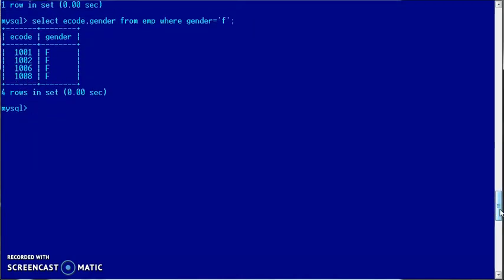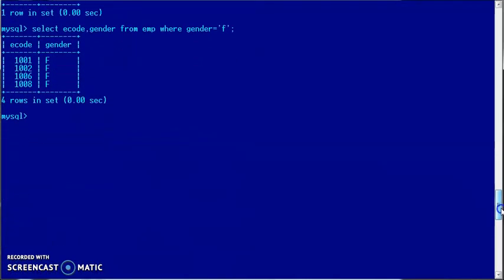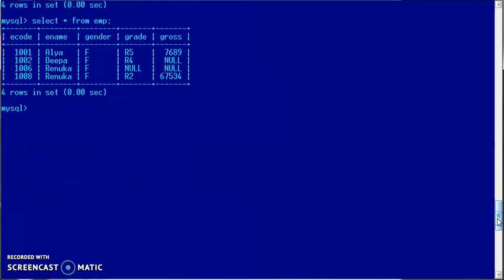So the next is to eliminate the redundant data. Suppose you want to know what the table contains: select star from employee, to know the details of the columns and rows. So what are all the columns? We are having repeated data in the gender column and the name column. We are having 2 Renuka. So now, to eliminate the redundant data,